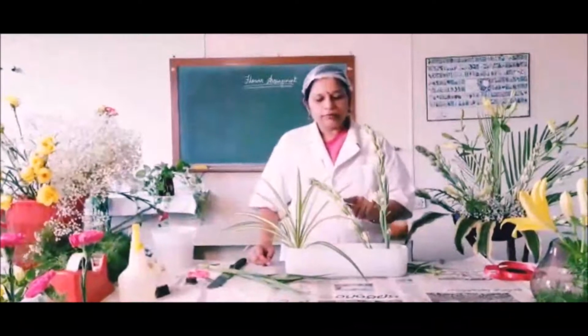Paramatma, and Prithvi. This is earth. Earth is depicted in the form of a leaf, spider plant, and mankind is always between the earth and God. So that is how the size of the mankind flower should be a little smaller than the Jivatma and earth. Our Ikebana arrangement is completed. Thank you, students.